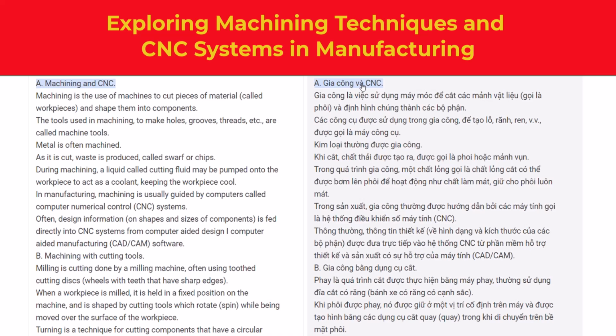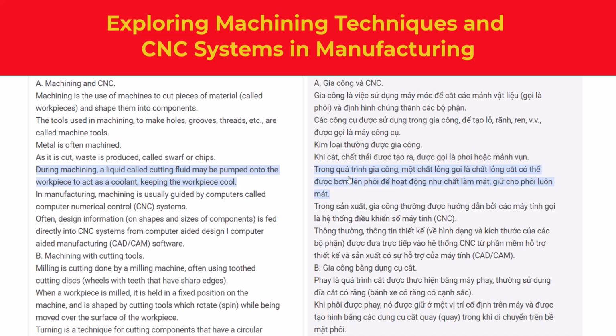A. Machining and CNC. Machining is the use of machines to cut pieces of material, called workpieces, and shape them into components. The tools used in machining to make holes, grooves, threads, etc., are called machine tools. Metal is often machined. As it is cut, waste is produced, called swarf or chips. During machining, a liquid called cutting fluid may be pumped onto the workpiece to act as a coolant, keeping the